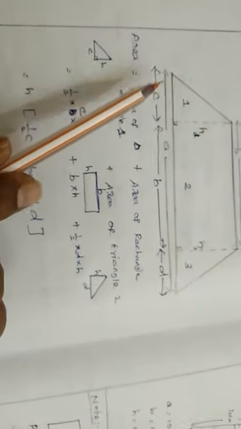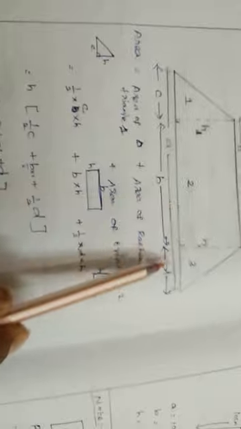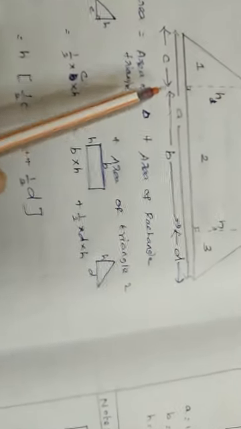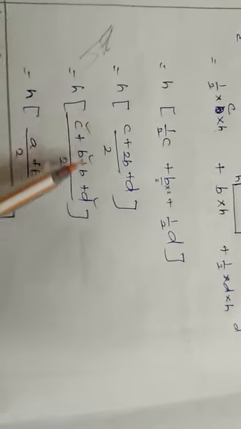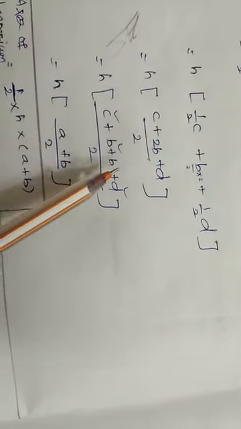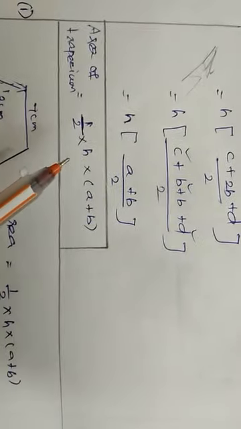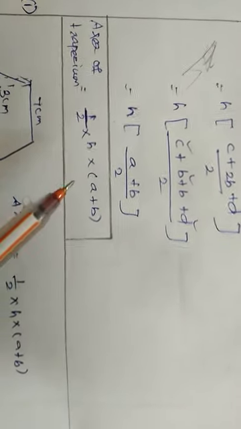Now we are going to use this. C plus B plus D is the total length A, since we divided the length A like that into C, B, D. So you separate your 2B as B plus B; that is, C plus B plus D is A. Now A plus the remaining B, divided by 2. So this shows that the area of the trapezium is 1 by 2 H into A plus B. So remember this formula using this idea.